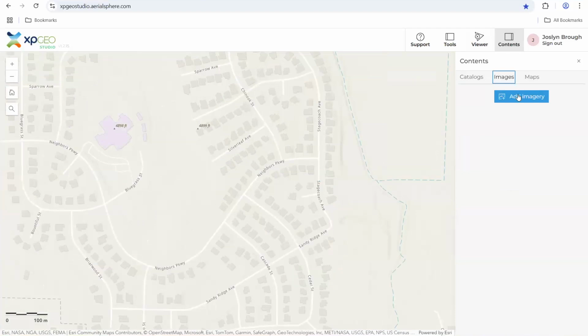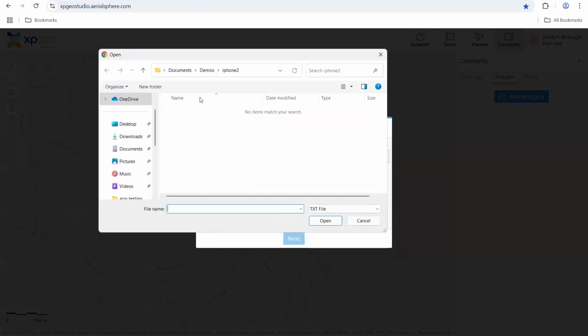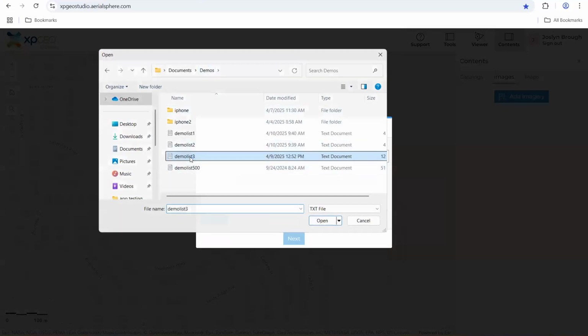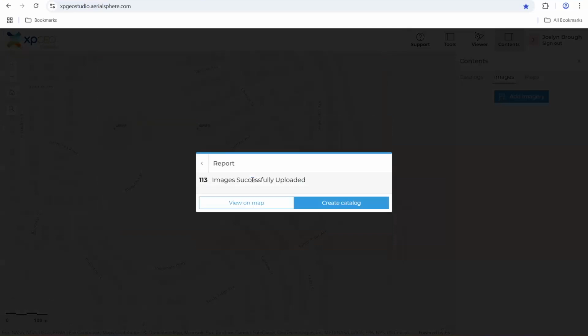Awesome. So next I am going to load an image list of XPGEO images that were taken to do some asset management along a utility line. I'm going to navigate to the text file and click next. Now, as you can see, the uploading and the processing when we publish using an image list goes a lot faster than using the folder option with having the images attached to the catalog. As a matter of fact, I just ran a test a few days ago and I was able to successfully create a catalog of 30,000 images